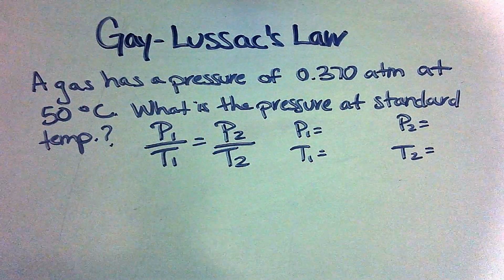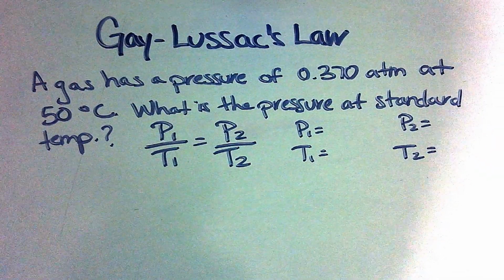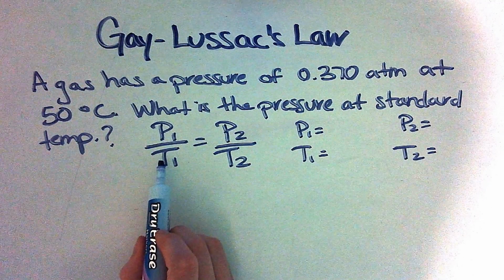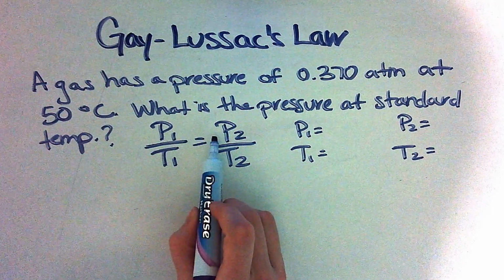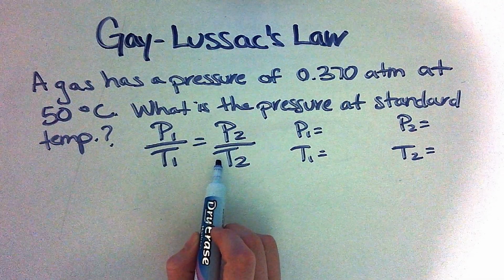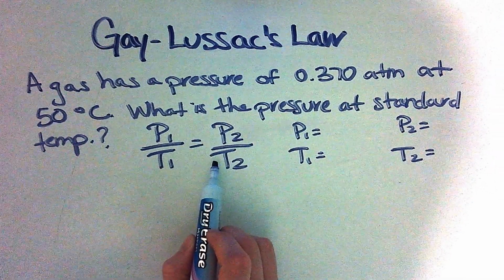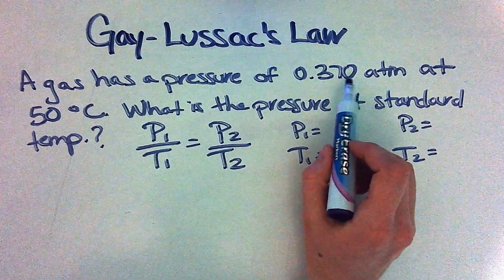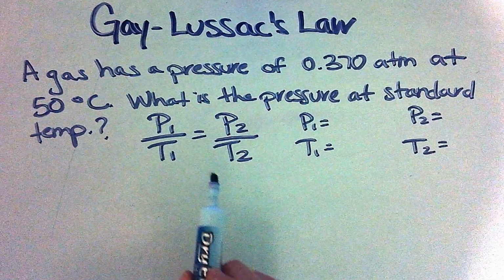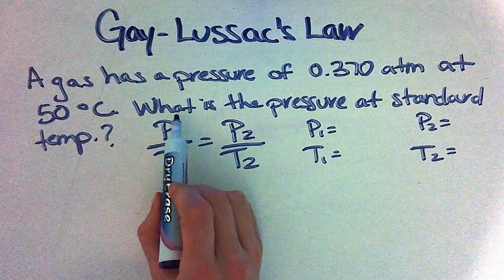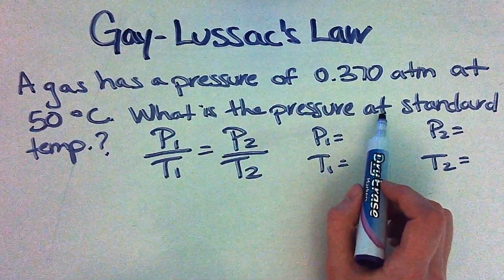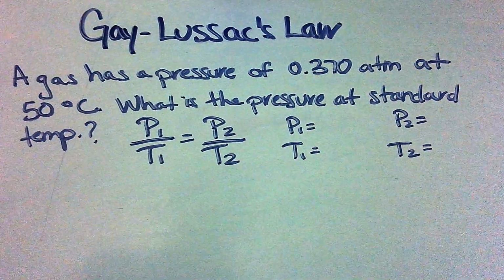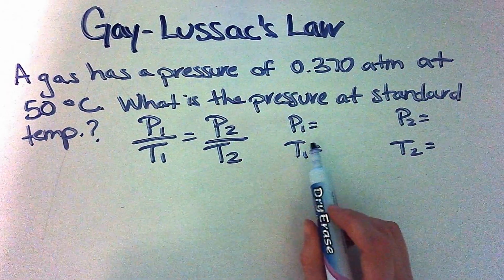Hey chemistry students, welcome to your tutorial on Gay-Lussac's law, where we're going to use the equation P1 over T1 is equal to P2 over T2. So here's our example. A gas has a pressure of 0.370 atmospheres at 50 degrees Celsius. What is the pressure at standard temperature? Alright, and I already have set up where I'm going to try and figure out what variables I'm given